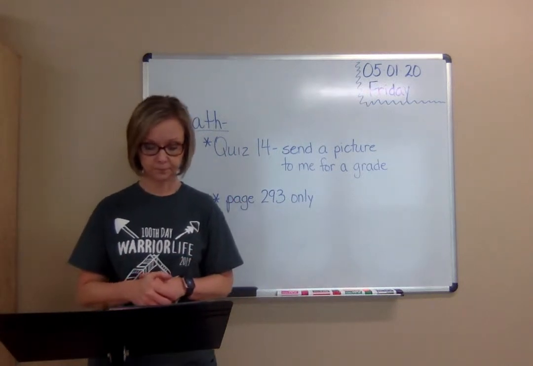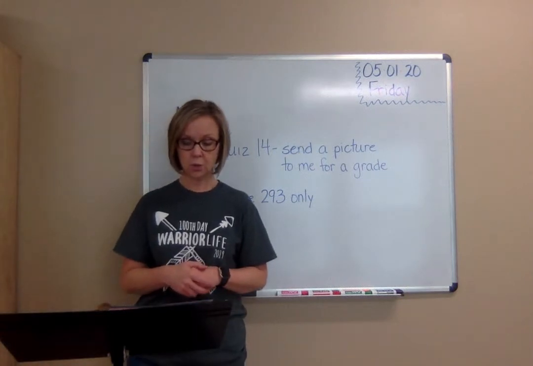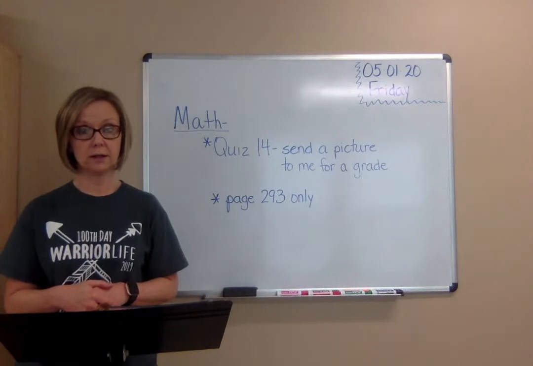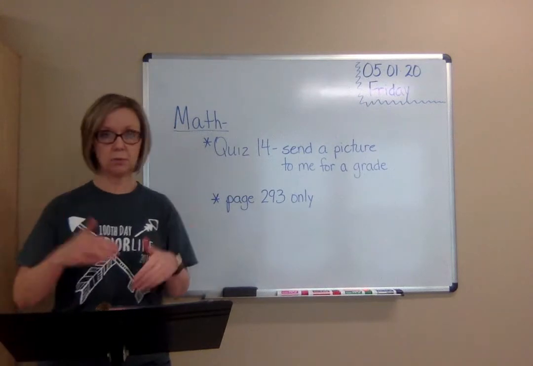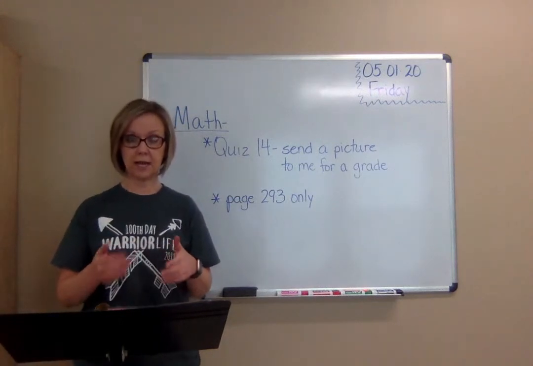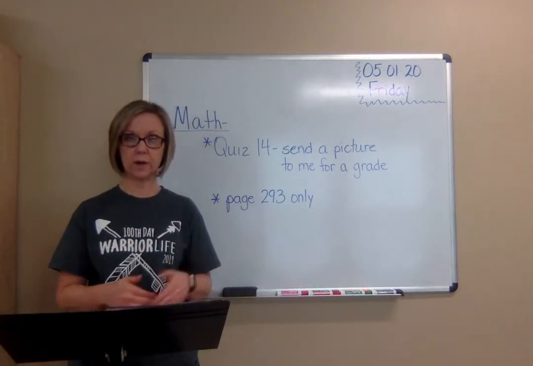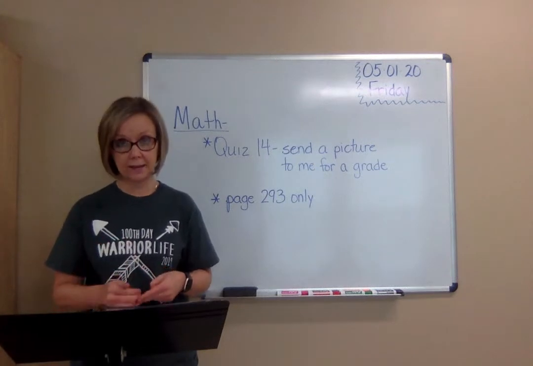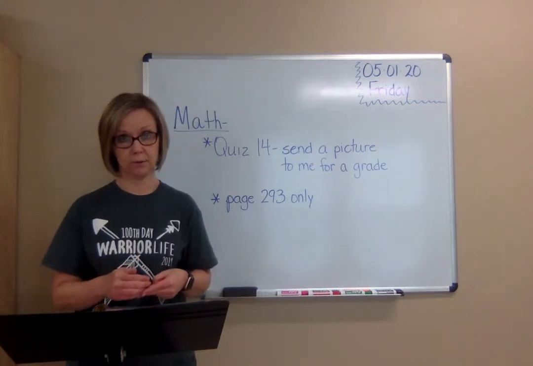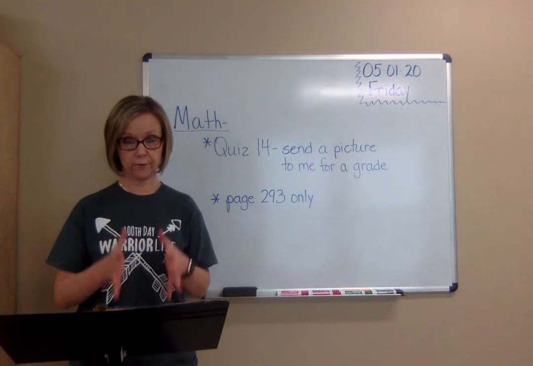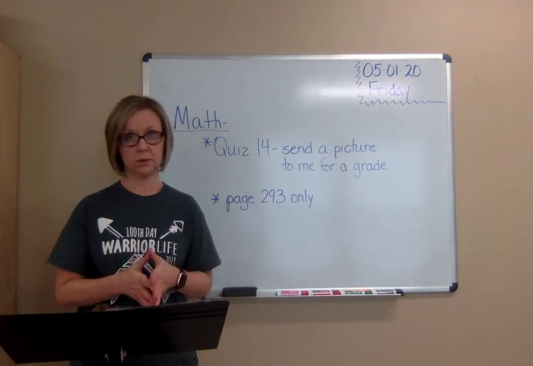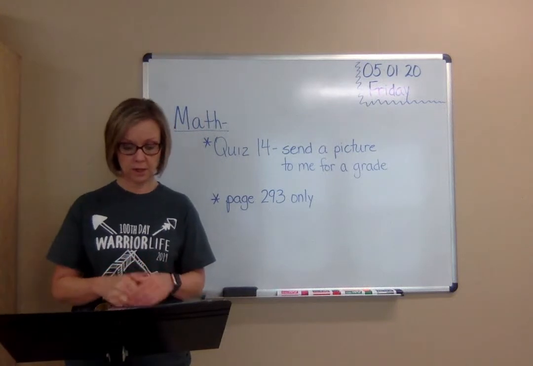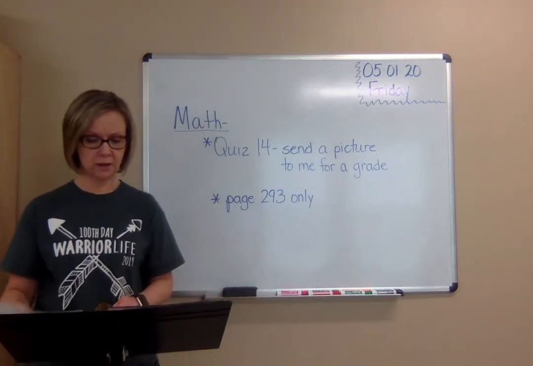That's fine. Number 4, reduce to lowest terms. So reduce means to divide. So you're thinking of the highest table that you see both 8 and 12 on, and you're dividing both the numerator and the denominator by that number. Okay, I need a fraction for an answer, not just a whole number there. Okay? So once you're finished with that,